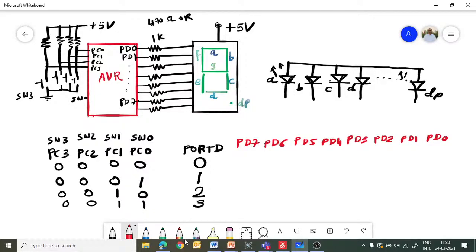Now, in order to turn on the 0, all the segments A, B, C, D, E, F should light up. All the LEDs corresponding to these should be on, only G should be off.